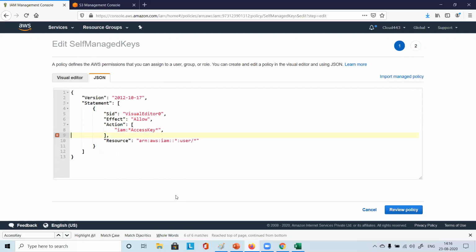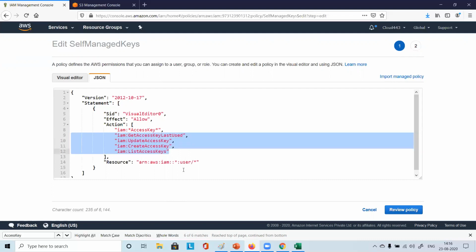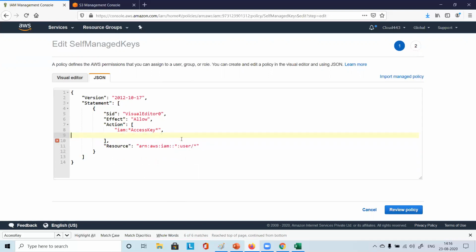So what I did, comma also I deleted. Now this means exactly the same. Instead of those many lines, I have just put asterisks at both ends, right? So now it will have the same impact.